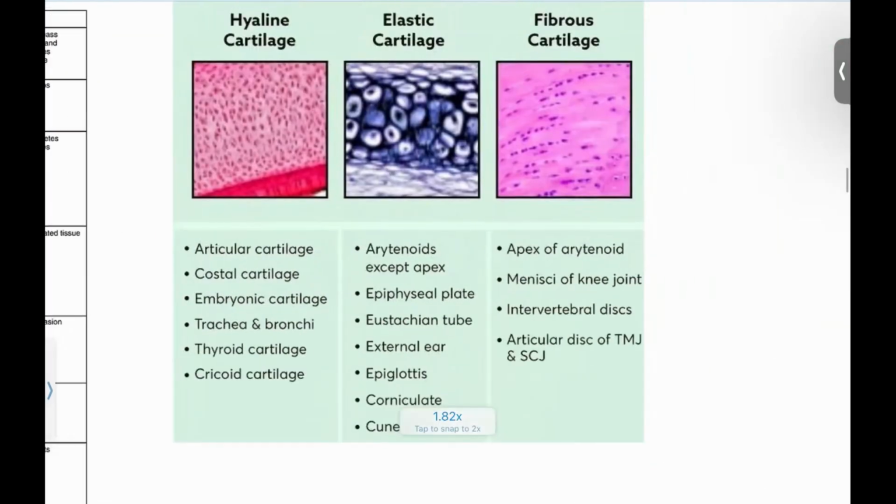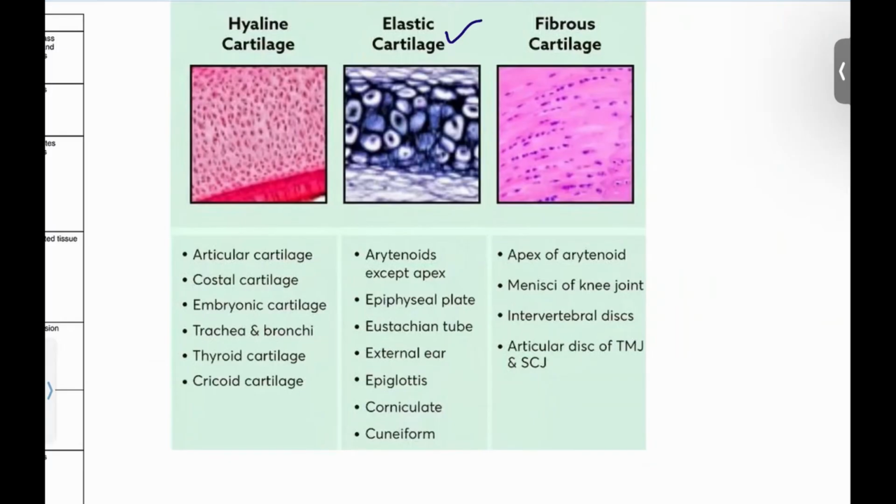And last year, there was a question on the elastic cartilage. So we can also expect the types of cartilage and what the examples are. In the last examination, they directly gave a histology picture and asked what type of cartilage this is. The examples are especially your eustachian tube, external ear, epiglottis, and the corniculate and